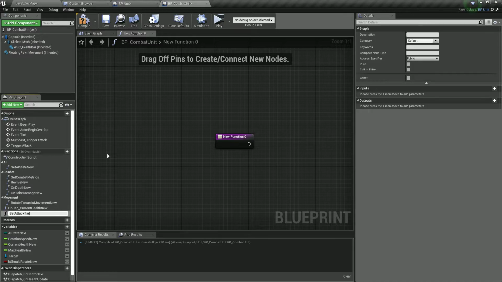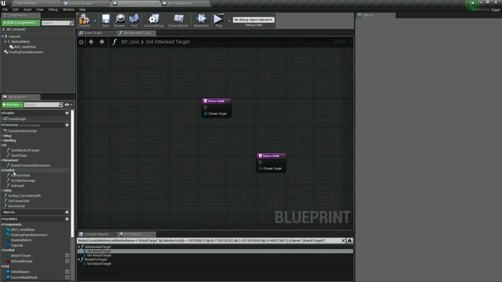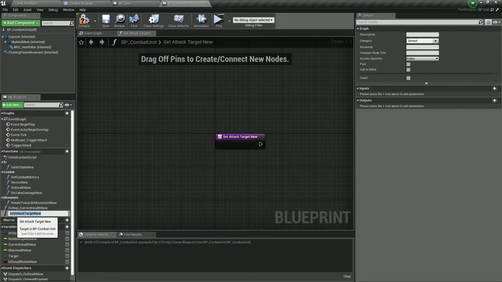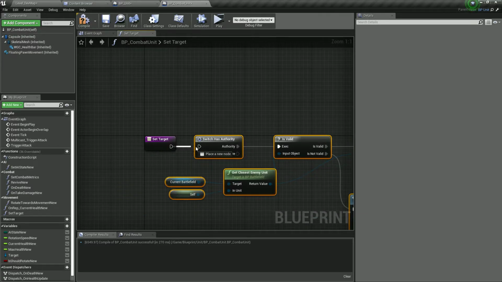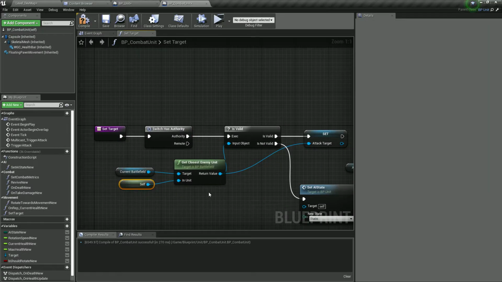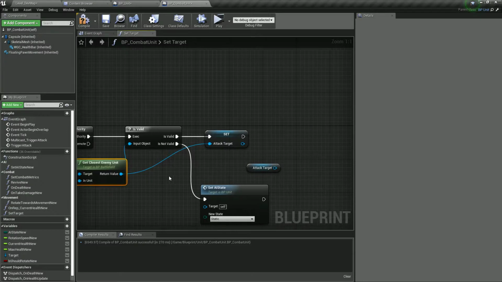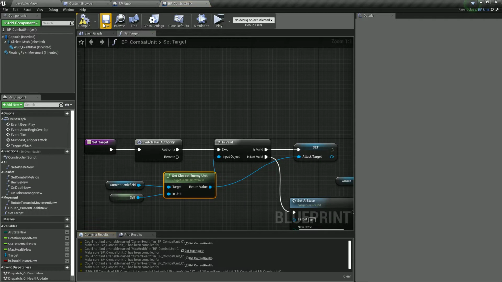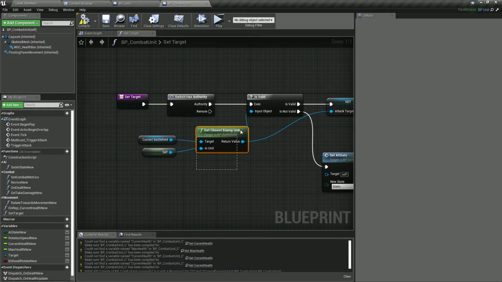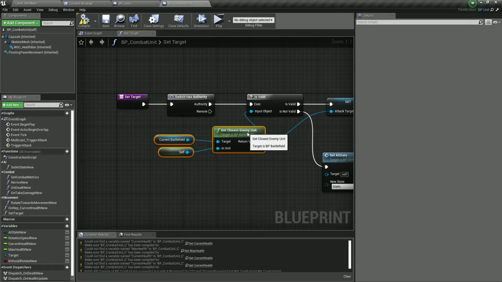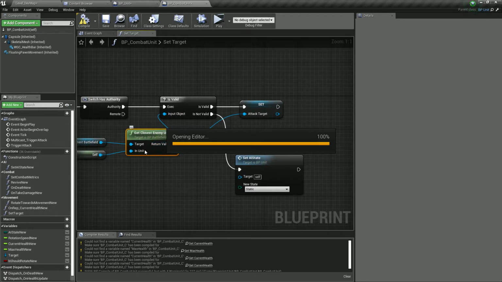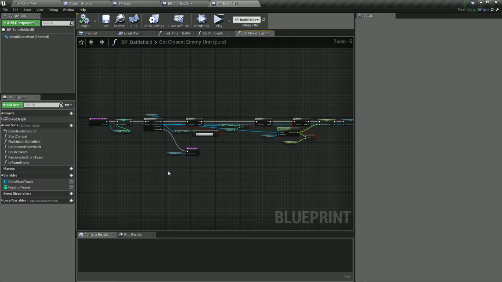Set attack target new. Oh. Set attack target, set target. It's just going to be set target. Like this. And it's going to return a combat unit, I guess. Get closest enemy unit, yeah. So we will need to modify this in order for it to return a combat unit,